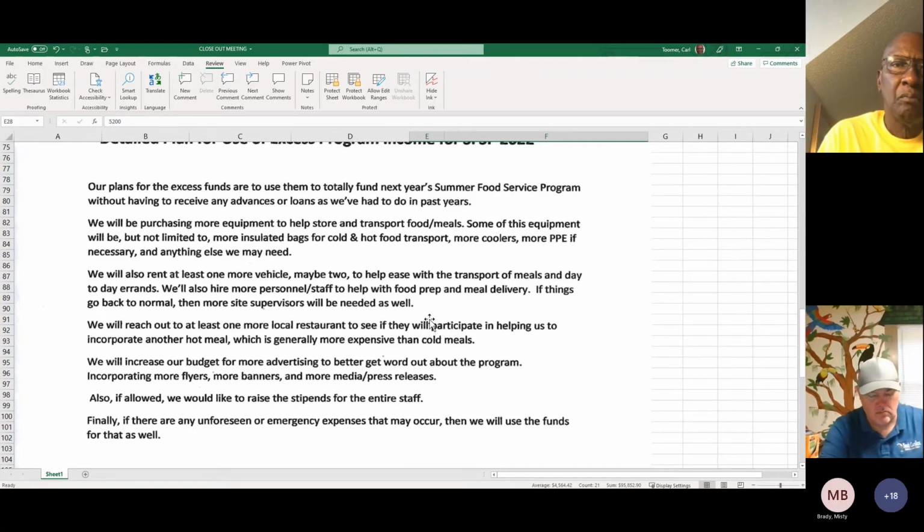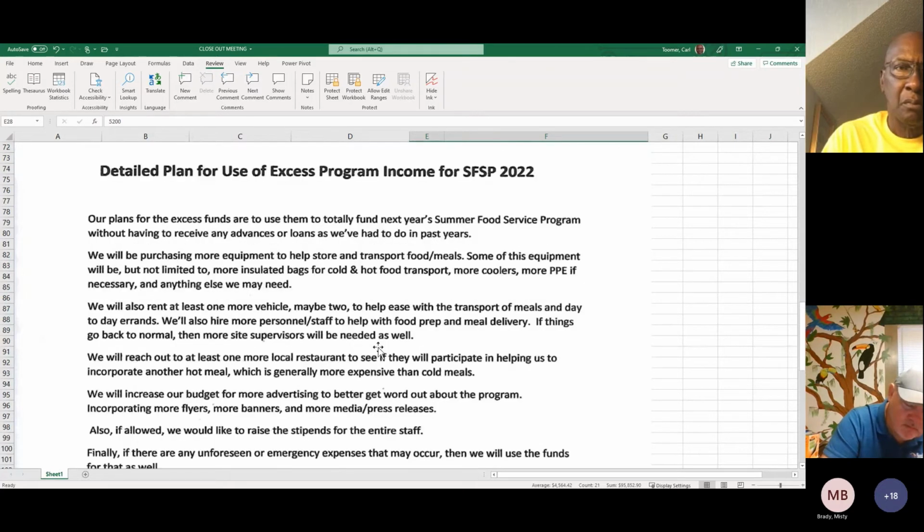Okay. Finally, if there are any unforeseen emergencies, expenses that may occur, then we will use the funds for that as well. And each budget should have a contingency, an emergency fund for anything that is out of the norm that arises. So this sponsor has a good plan for next year for those